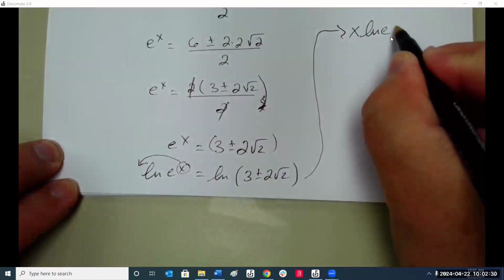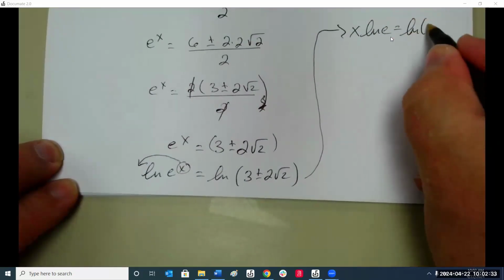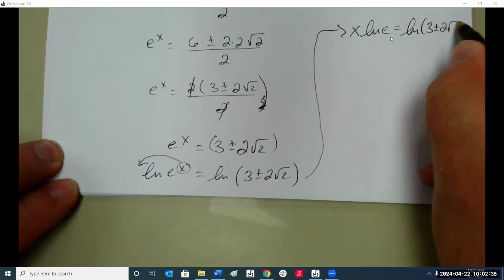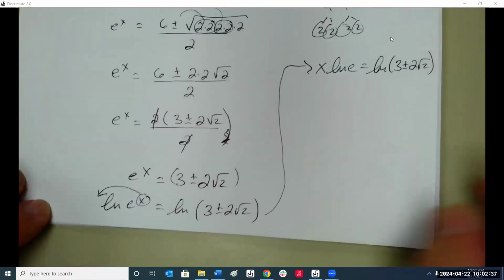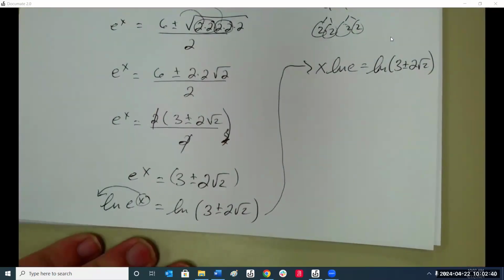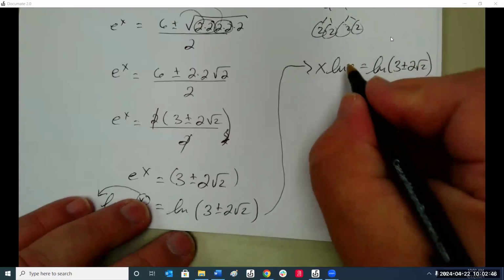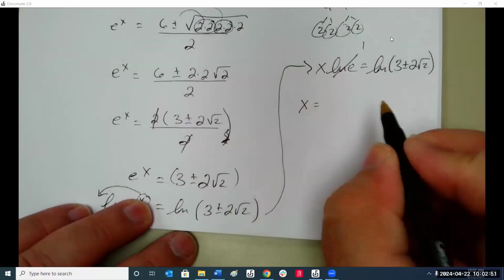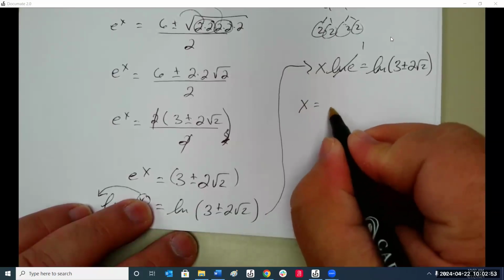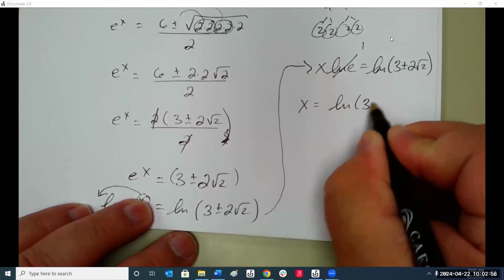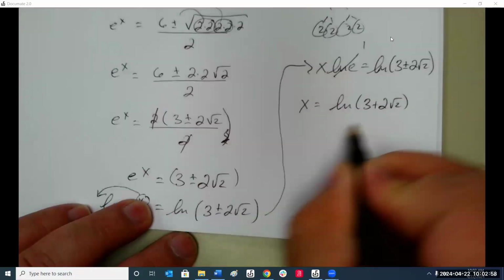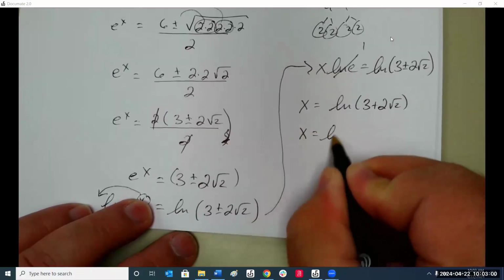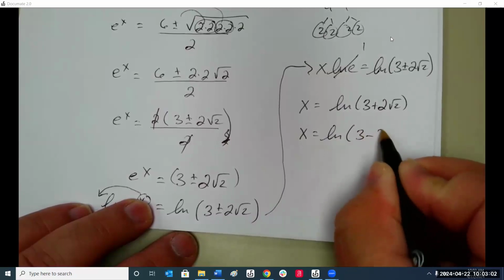X ln e, ln 3 plus or minus 2 radical 2. So ln e cancels, it becomes 1. So we have one answer is ln 3 plus 2 radical 2, and x equals ln 3 minus 2 radical